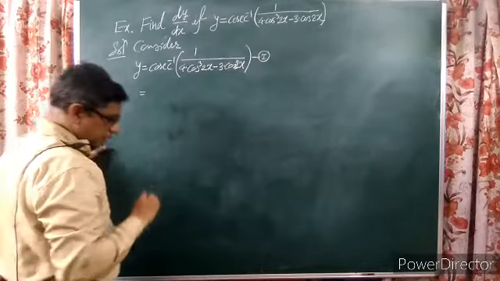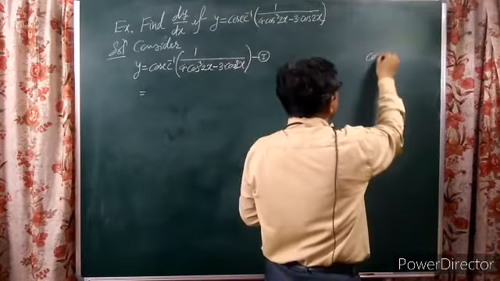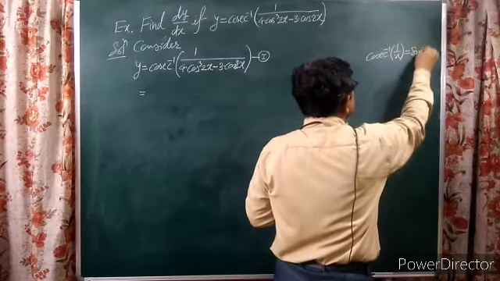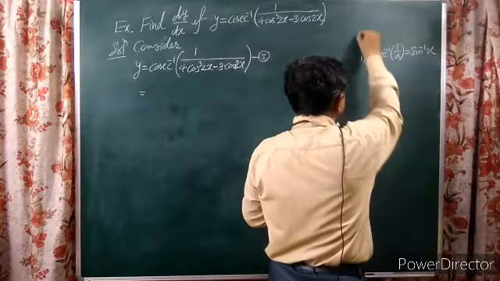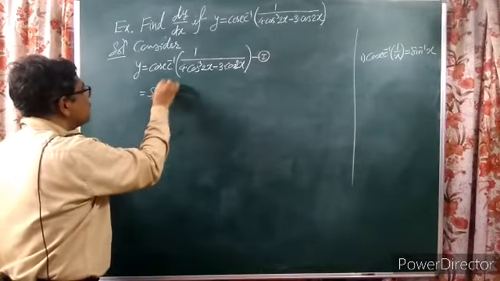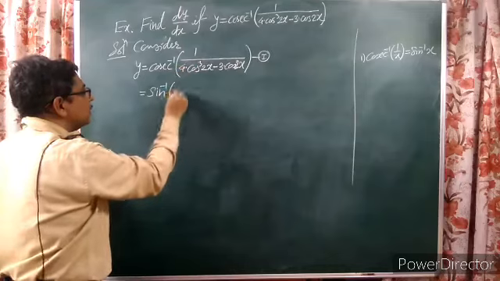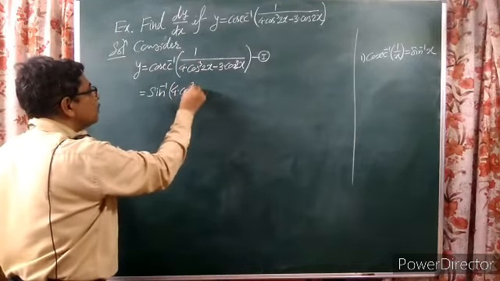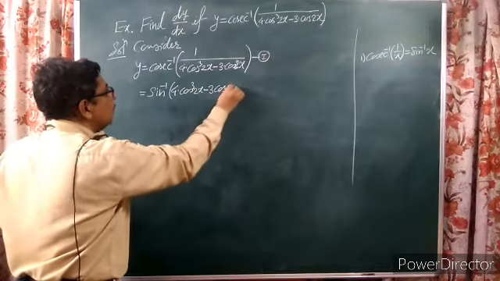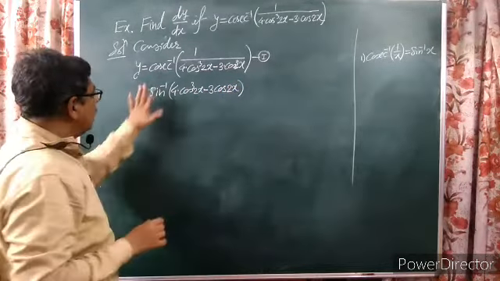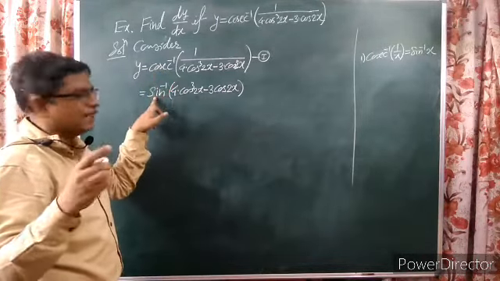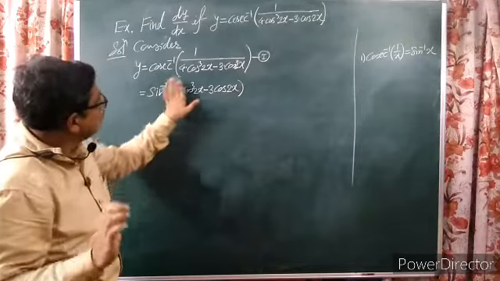Cosec inverse can be written as, I will write that formula here. Cosec inverse of 1 upon x can be written as sine inverse of x. This is the first formula we are going to use here. So now this can be written as sine inverse of the reciprocal of this, which is 4 cos cube of 2x minus 3 cos of 2x. Now we have reduced the example in cosec inverse to the example in sine inverse x. Now we'll go for this part.